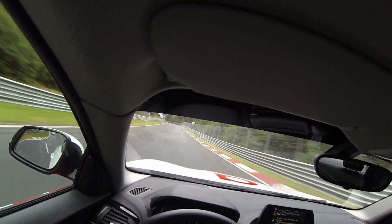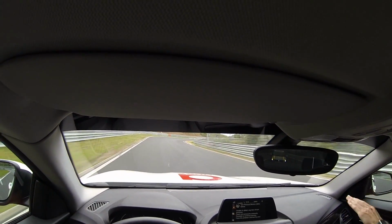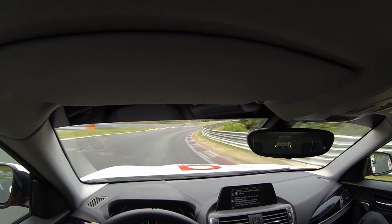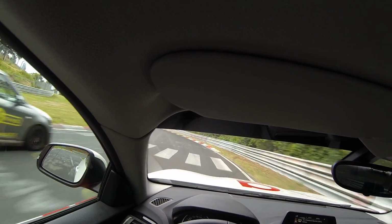Turn left, straight line, brake, turn it left, on the middle of the track, straight line, then brake, turn it right, and then keep it to the right hand side anyway, and now turn all the way left,